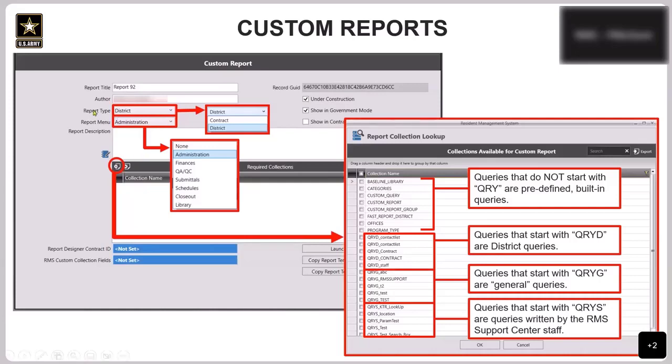So then we have the report type. Now this is again where the C and the D come in. The district is again the summary reports, and the contract is going to be in the contract reports. That's where you'll find that particular report when,